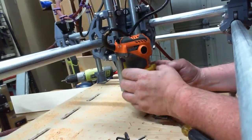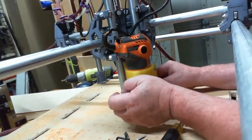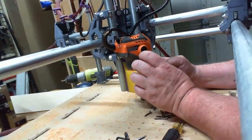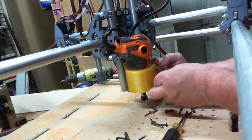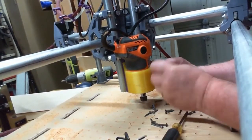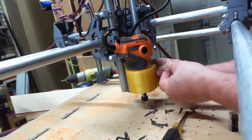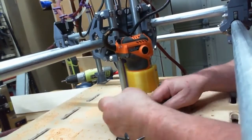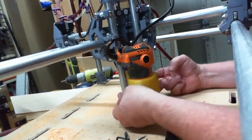I originally had planned to do a 1.5 kilowatt water-cooled spindle, but it's just too darn heavy for this single lead screw and stepper motor. It probably would do it, but boy, it's going to be working really hard. And I thought, well, this is good for little projects. I'll build myself a bigger machine that can maybe cut metal with that spindle,